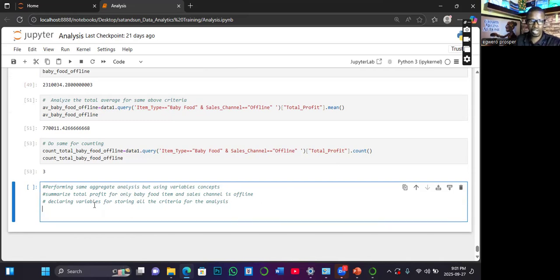So the first criteria is what? Baby food. So I will say baby_food is